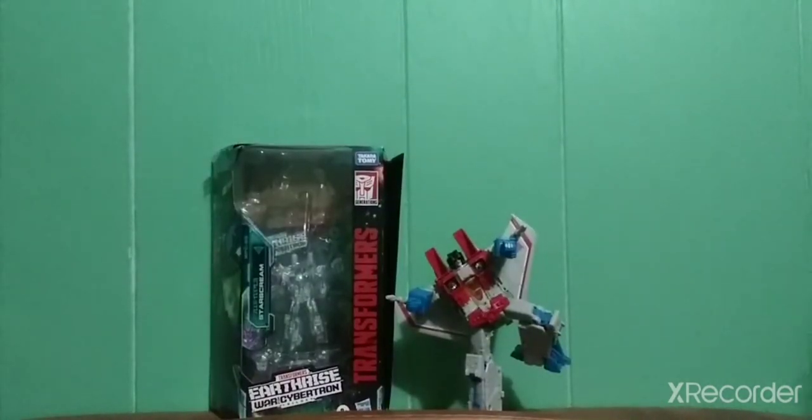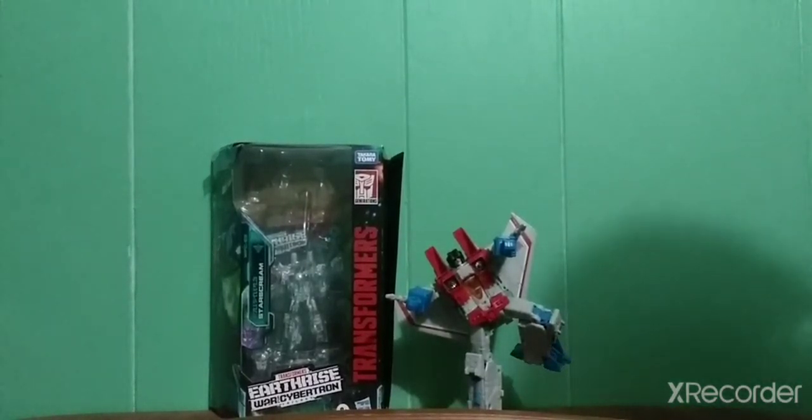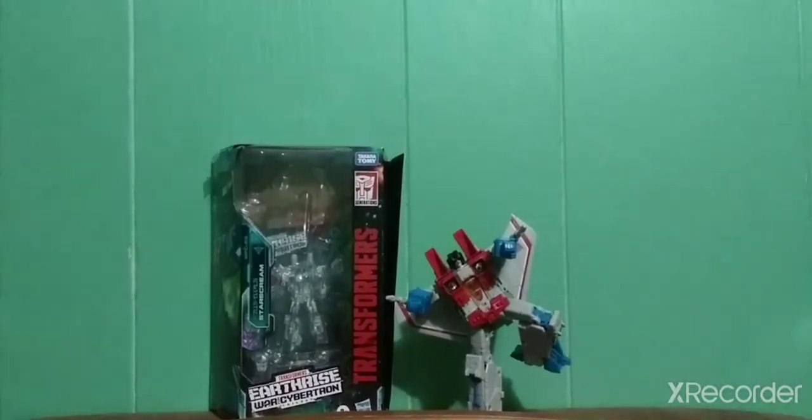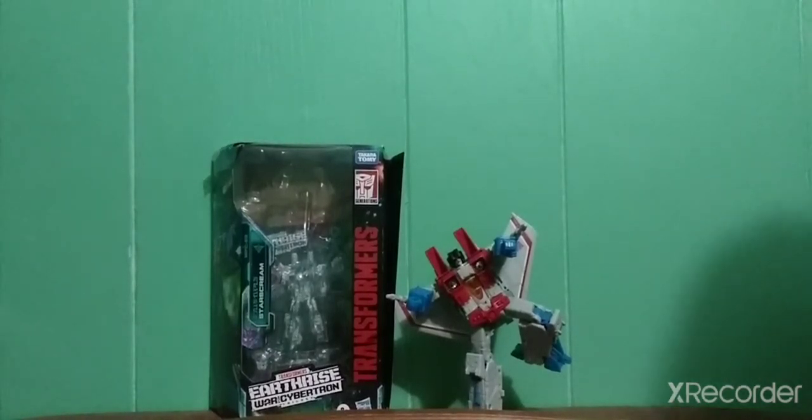Number 7 on my top 10 list is going to the War for Cybertron Earthrise Voyager Starscream. Now, number 7 was a difficult spot because I had to pick either Starscream or another character that is actually going to take number 6 on my list, but Starscream had to take number 7, and I'm not trying to bash the figure, as I think this is one of the best G1 Starscream figures we've ever gotten, but